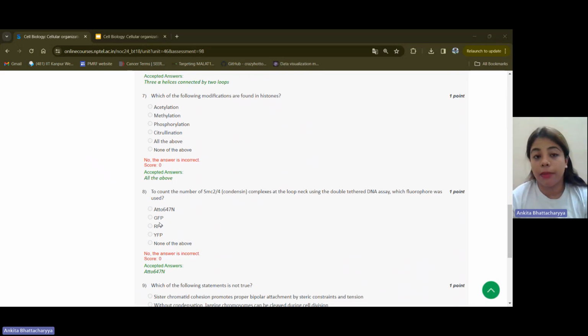So among these, we have discussed that histone acetylation, methylation, and phosphorylation take place. We did not discuss citrullination previously, but if you read about it a little bit, it is the conversion of an arginine present in histones into citrulline. Because arginine by itself is intrinsically a positively charged amino acid, the conversion of arginine into citrulline reduces the effective positive charge on the histone octamer, and as a result of that,